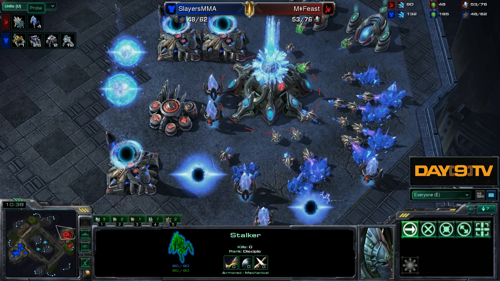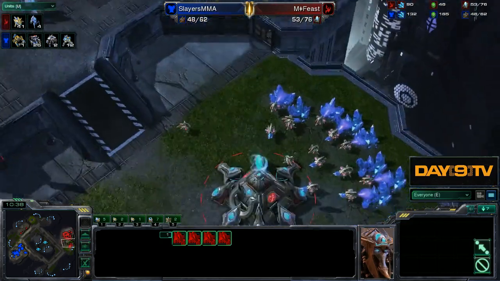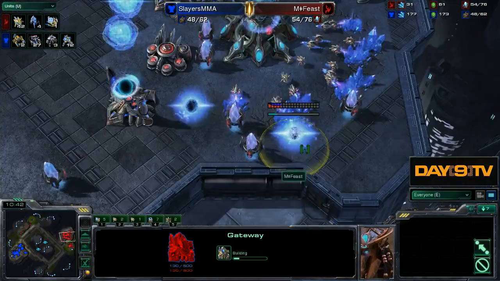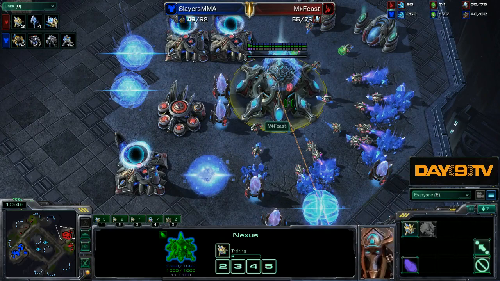And of course his big advantage is in the worker count, which allows Feast to do things like this. Look at this huge 7 frickin' gateways. What a nutcase. We've seen a pretty big variety of what Feast does at this point. In Game 1, we saw Feast...